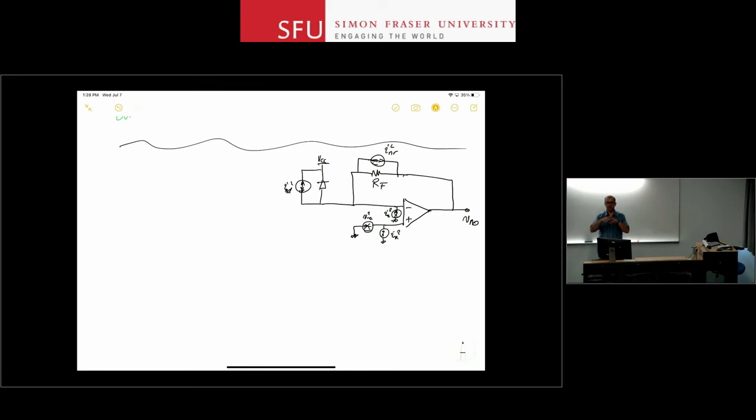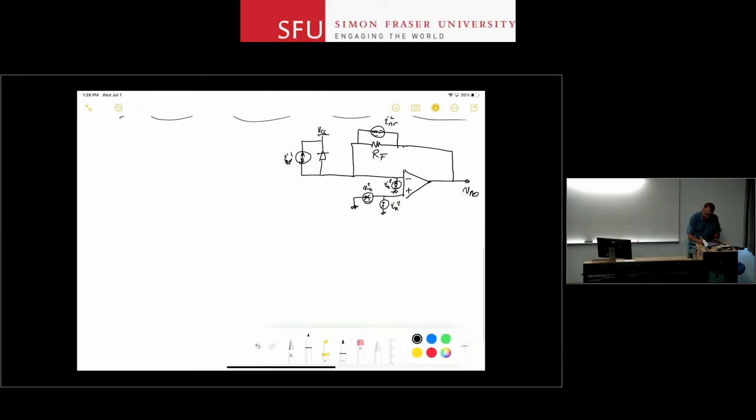So instead of calculating this circuit with superposition and trying to figure out which cross products go away, because I know the cross products will go away, what I can do instead is look at these individually, one at a time, calculate the effective output power because of that source, and then add it up with the noise from the rest of the components. So for example, if I look at this source at the very beginning,